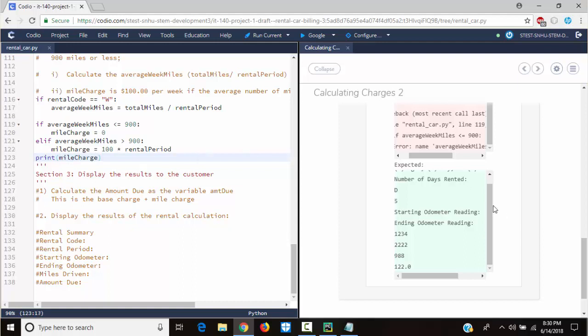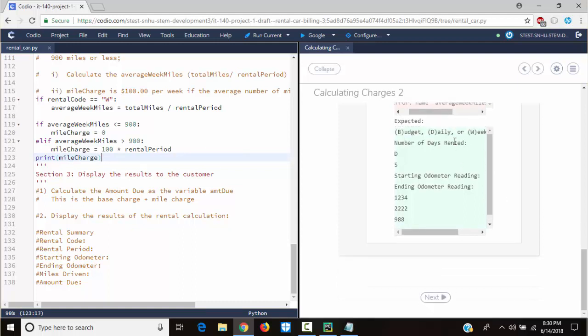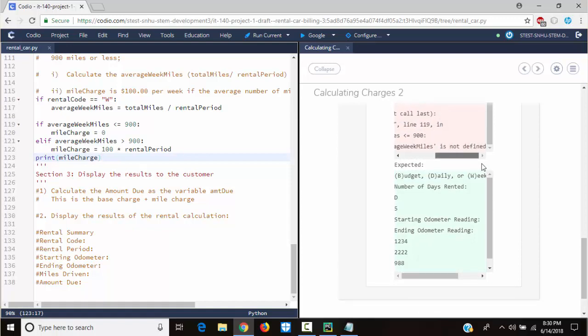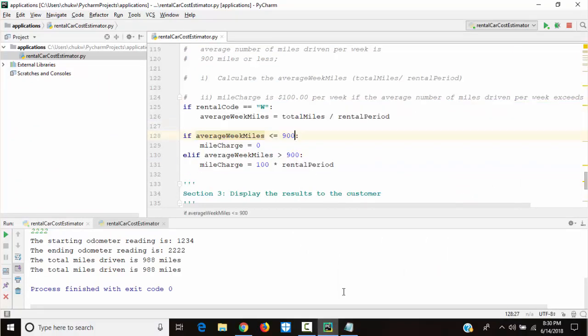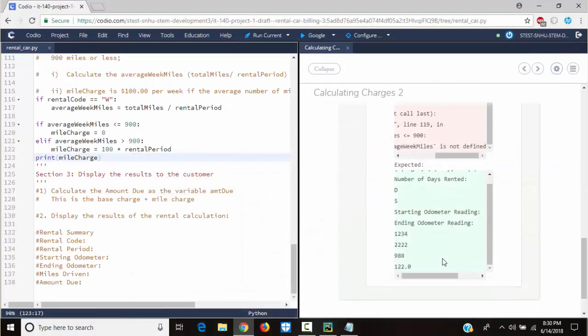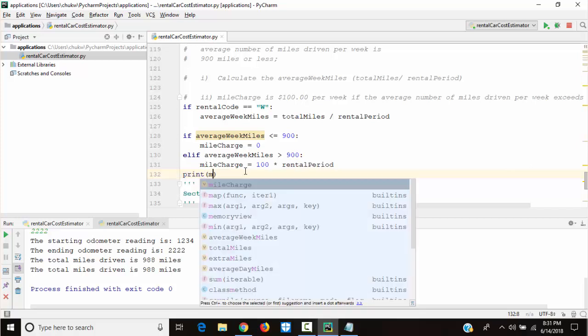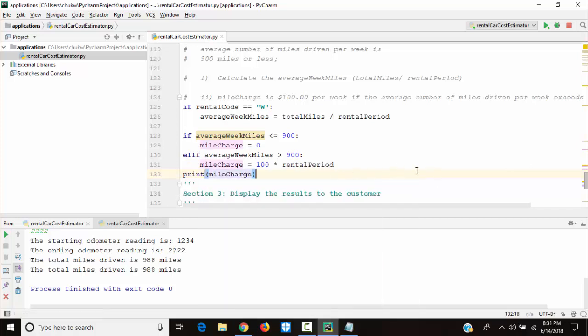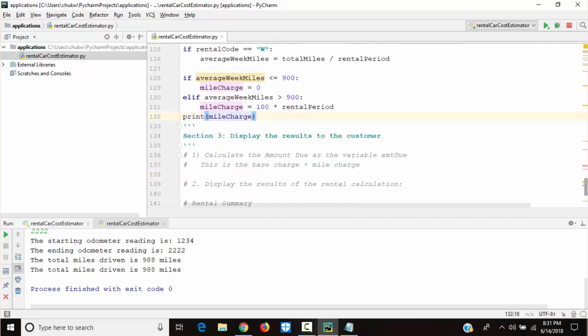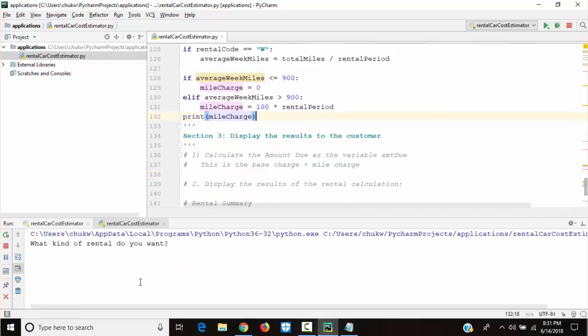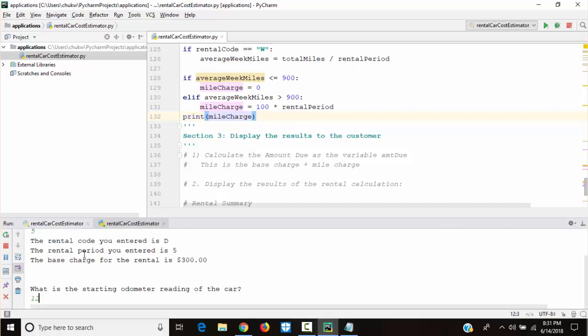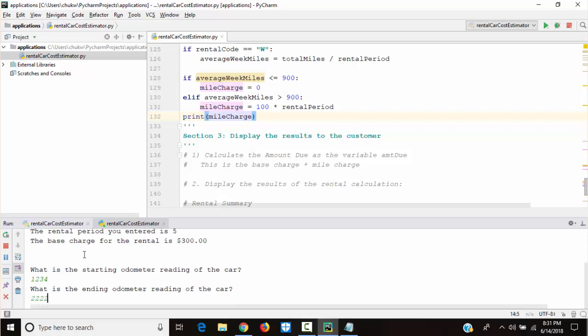But there is a problem with mine first: average week miles is not defined. So let's go ahead and fix this code, and we want 122.0 as the mileCharge. I'm going to write print mileCharge here. Let me go ahead and run this first. This is D5 1234 2222.